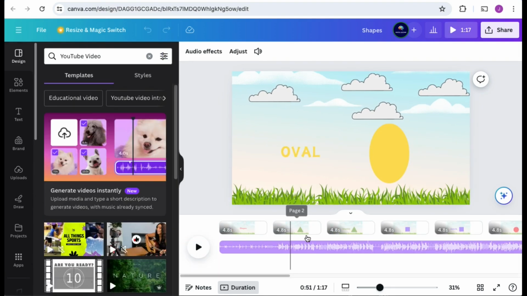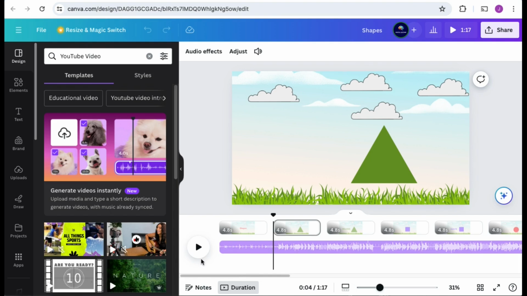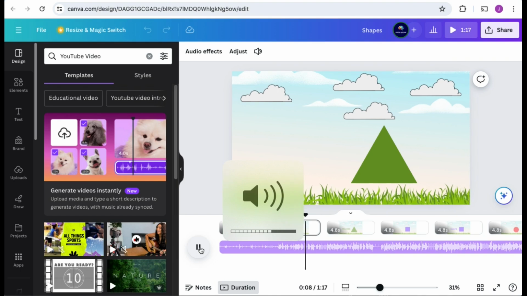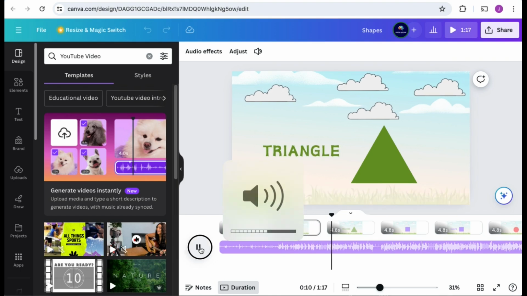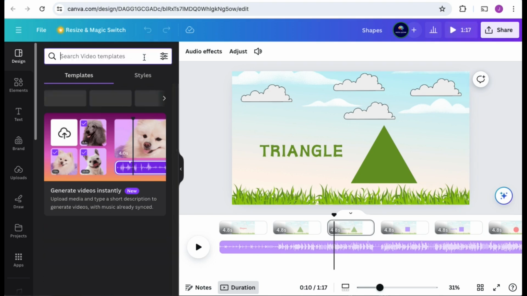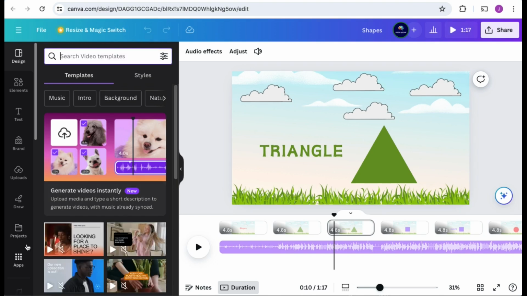So what I'm gonna do here is, so like you see this, and then as soon as the name pops up for the shape, we're gonna put an applaud sound or something like that.